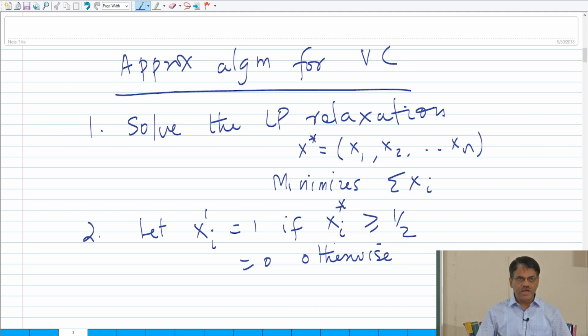Whenever x i prime is 1, I put it in my vertex cover, and whenever it is 0, I do not put it in my output. I have not proved it is a vertex cover. So, now I am going to say output